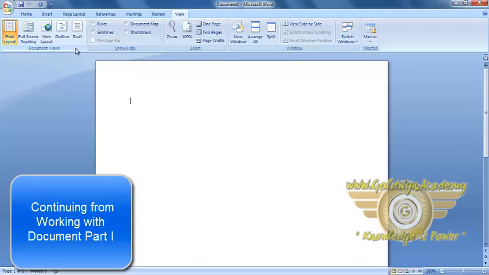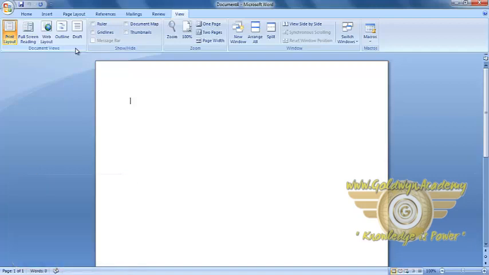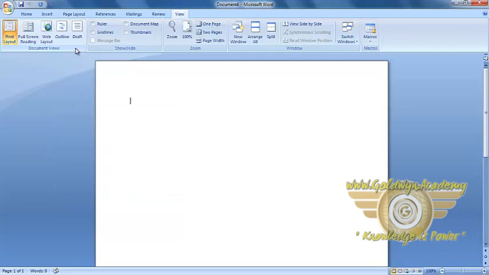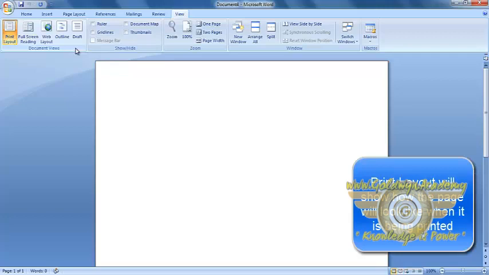We have already discussed different views of a document, and we will go a little bit deeper into document views in this chapter. We are in the View tab, and the group I am talking about is Document Views. There are 5 views given here. The default and selected one is Print Layout, which shows you how the page will look when it is